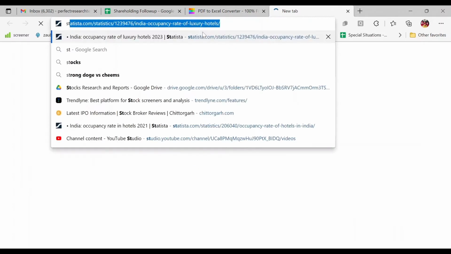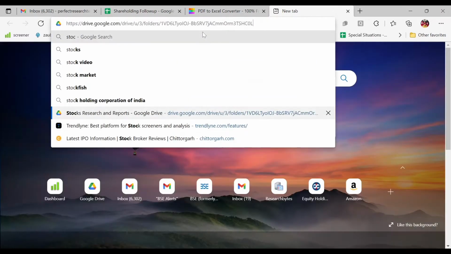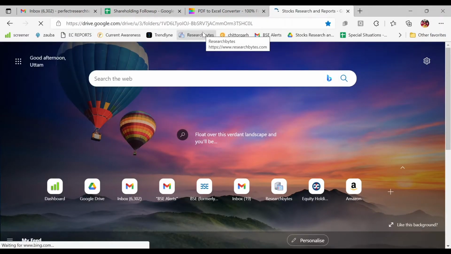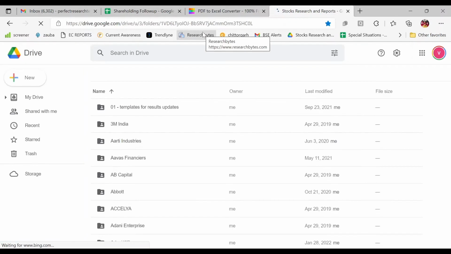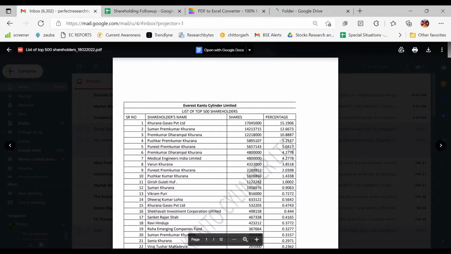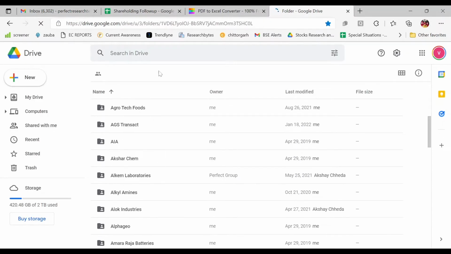Then I open the folder for pasting it, where we just go into our drive. It is the list of Everest Kanto Cylinder. So we'll open Everest Kanto Cylinder.